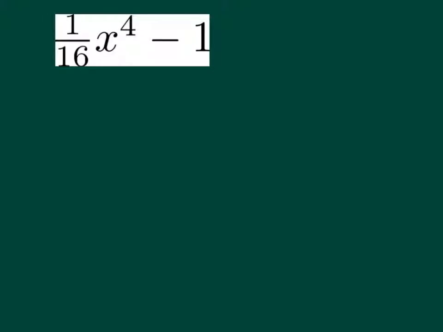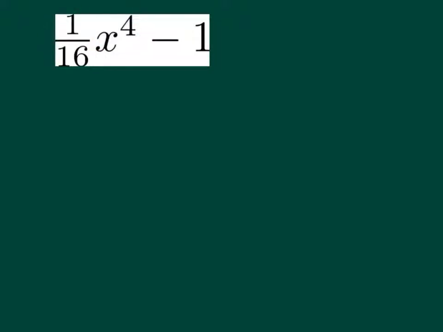For a problem like this one, which is very similar to number 28 in the book, what you're going to do is figure out if this is a difference of squares, or an addition of cubes, a subtraction of cubes, or any of the other patterns that we've discussed in class. So this one in particular is a difference of squares, because this is a square and this is a square.